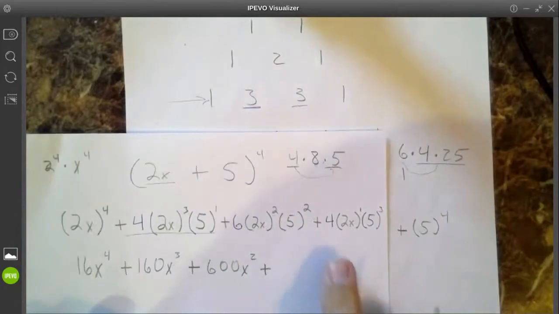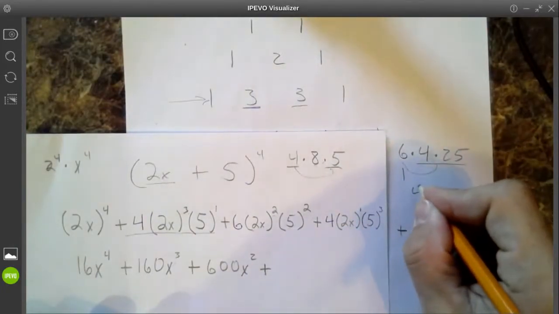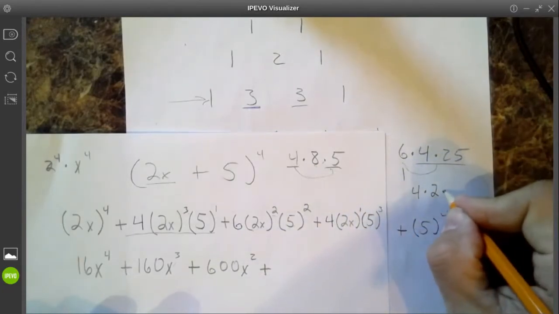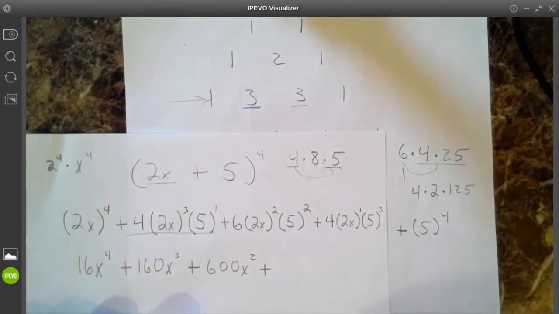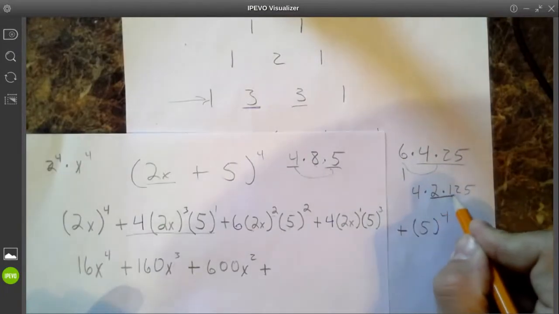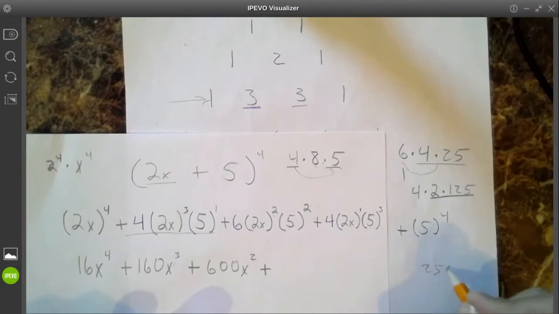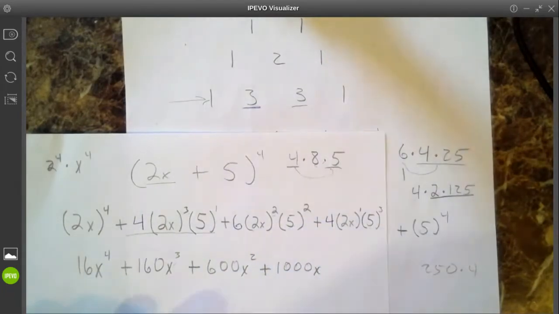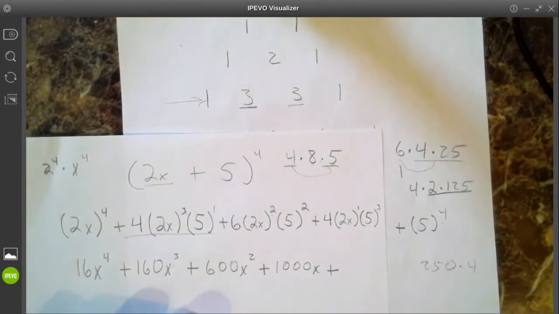And notice the powers should all kind of descend for this. And then next, we're going to have 4 times 2 to the first. So that's 4 times 2. And then 5 to the third. Oh my gosh. 5 to the third is 125. How can I do this? Okay, I see it. 2 times 125 is 250. So I got 250 and I'm timesing that by 4. So that is 1,000. And then x,